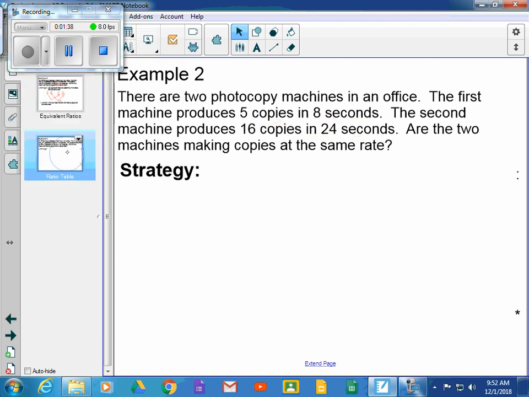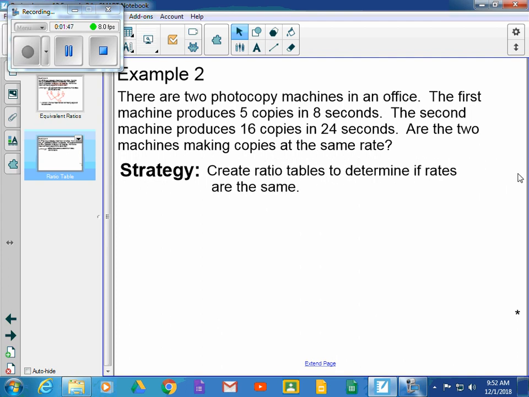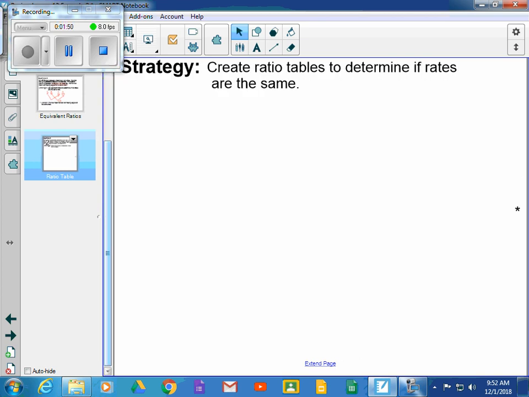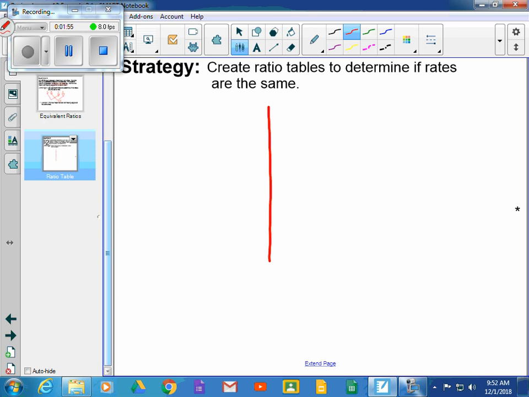Now another tool that we can use to solve this would be to make a ratio table. A ratio table is a table with equivalent ratios in it. If I take the first ratio, where the first column is copies and the second column is seconds,